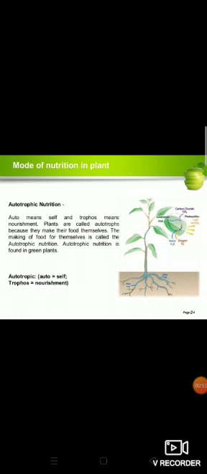Now all the green plants and some bacteria are called autotrophs because they can synthesize their own food. They make their own food with the help of light energy from the sun, carbon dioxide from air and water from the soil. Now this complete process is called photosynthesis. So photosynthesis is a process by which a plant uses the energy from light of the sun to make its own food, and the conditions required for photosynthesis are water from the soil, sunlight, carbon dioxide and a green pigment